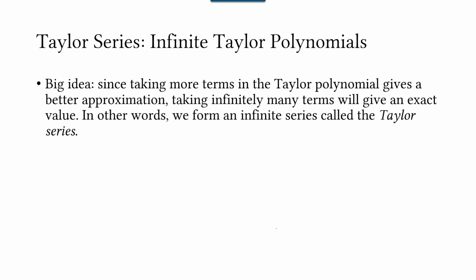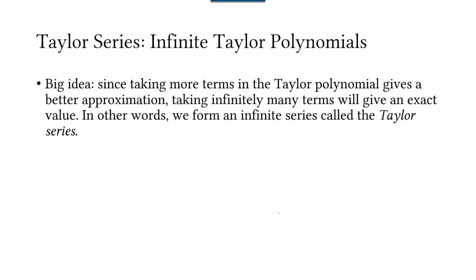So the idea here is that if a Taylor polynomial gets closer and closer to our function as we take more and more terms, or higher and higher degree, then if we take infinitely many terms, we'll get an exact value for our function. In fact, we'll get an alternate way of writing down some of the familiar functions we see. When we take a Taylor polynomial and don't stop, we get an infinite series representation of the function called